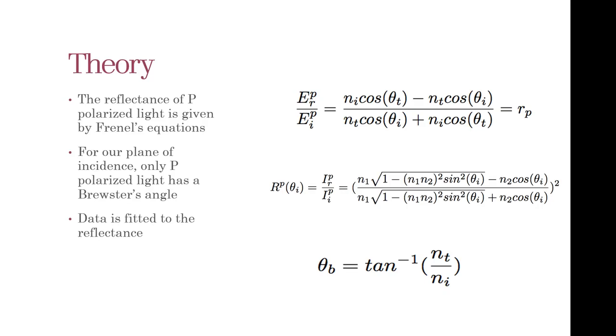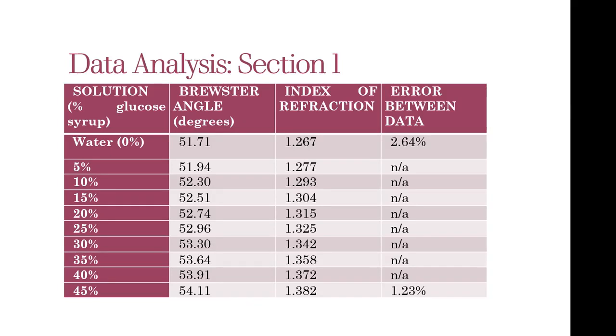Our data is split into two sections: obtaining the Brewster's angle and calculating the refractive index of different solutions, and measuring the reflectance of light at different angles for different solutions. For data section 1, we started with a pure water solution and found the Brewster angle to be equal to 51.71 degrees. In comparison to the actual Brewster angle of water, given as about 53 degrees, this yields a percent